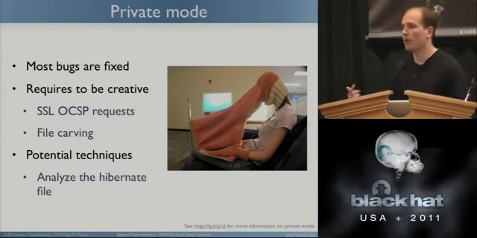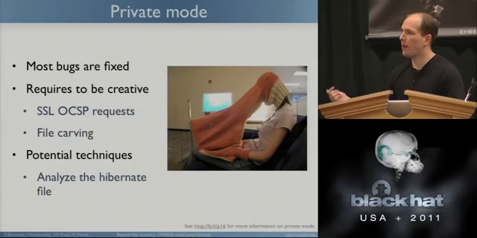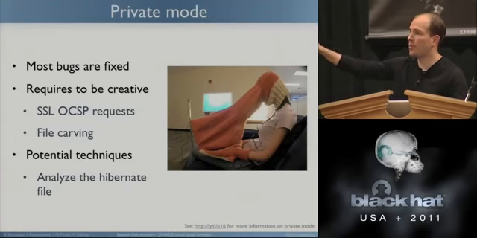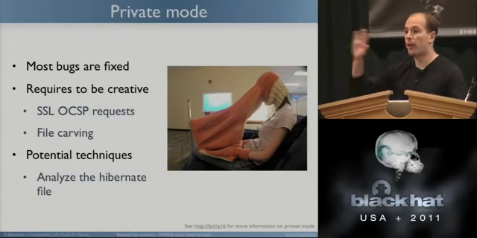It turns out that most of the bugs have been fixed since we published a paper last year. One is still remaining. When you connect to an HTTPS site, Windows has to verify that the certificate is valid by doing an OCSP request, which basically says, hey, here's my certificate serial number, is the certificate still valid? This is stored in a different vault than your history. So even when you clear your history, this remains.